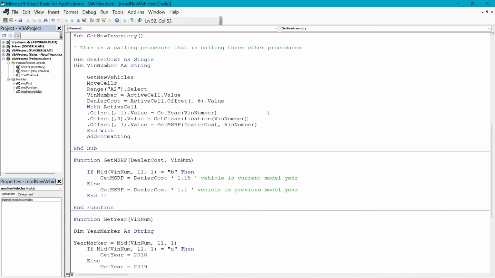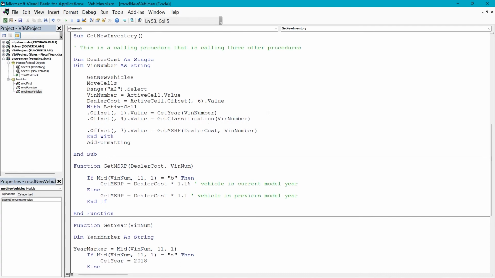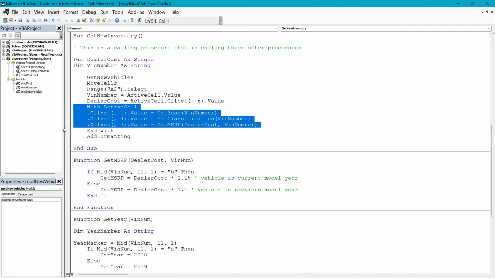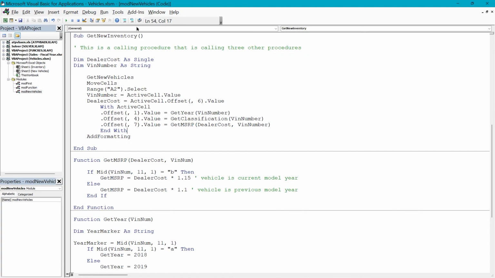to troubleshoot. Now I'm going to press enter at the end of that line just to get the spacing, and then I have to delete and shift tab again. So now we have our width block set up. I'm going to select from width down to end width and press my tab key so that that width end width structure is indented. Now we can compile and save and switch over to Excel, and we're going to test